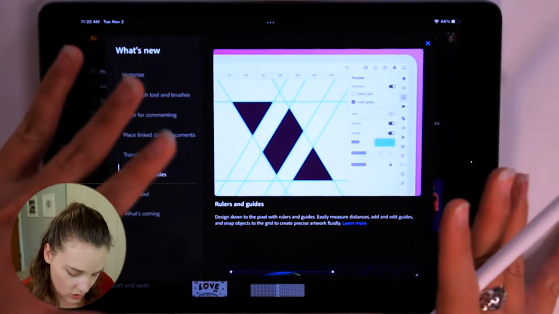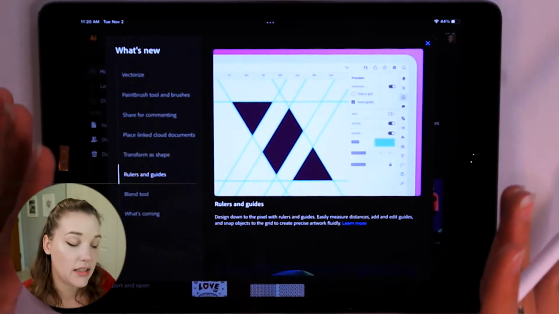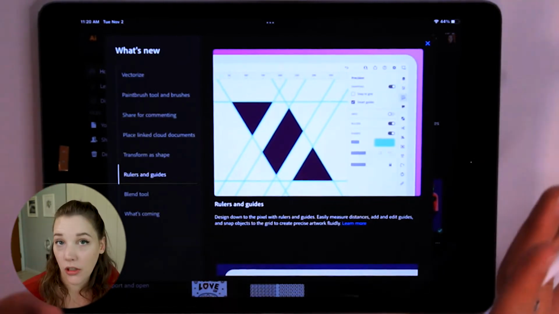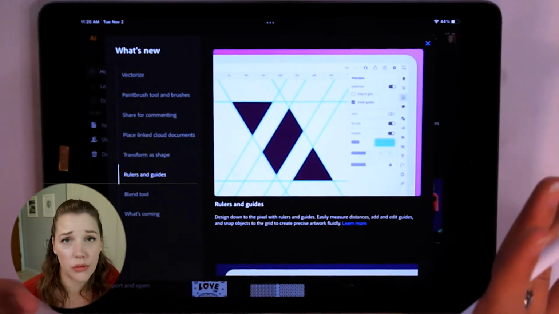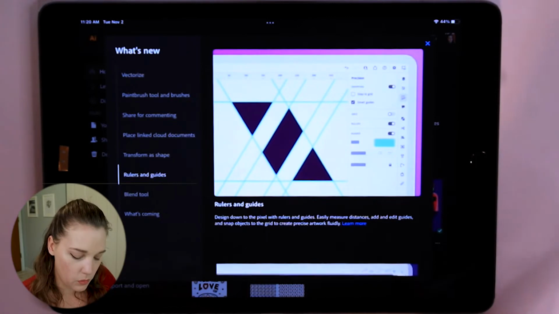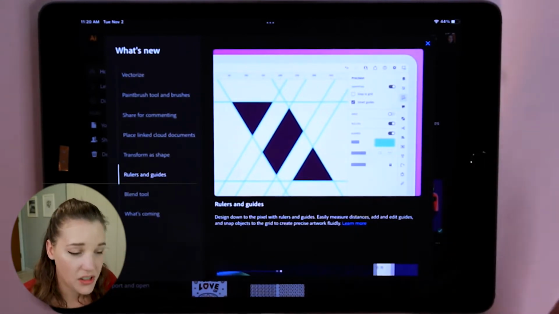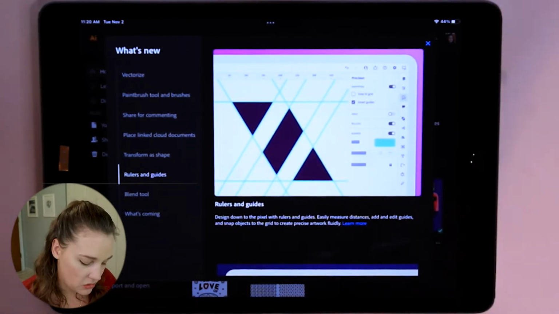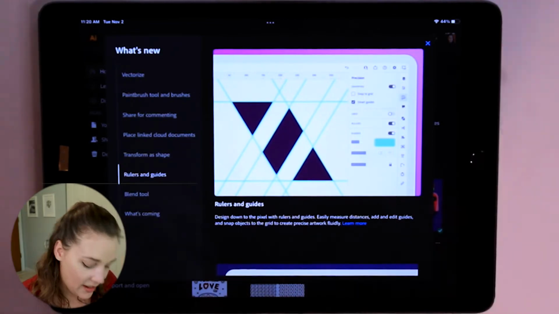Now they do have it where you can edit them and snap them, which I prefer because snap guides are so, so handy. You can choose to shut them off if you want, and you can change every kind of setting that they have. So we'll go over that in a little bit. And then